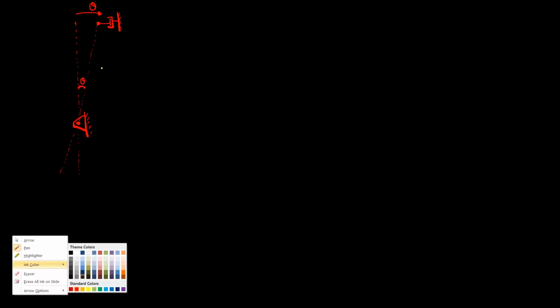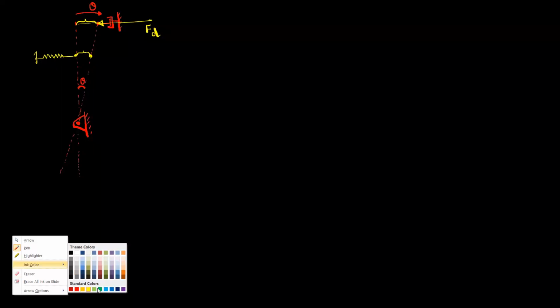Now because of this angular displacement, this damper, which is connected at the end point of that rod, will be compressed. This damper will offer the resistance in the opposite direction to the displacement. As this is the displacement of the damper, this is the damping force in the opposite direction. So this force is FD.